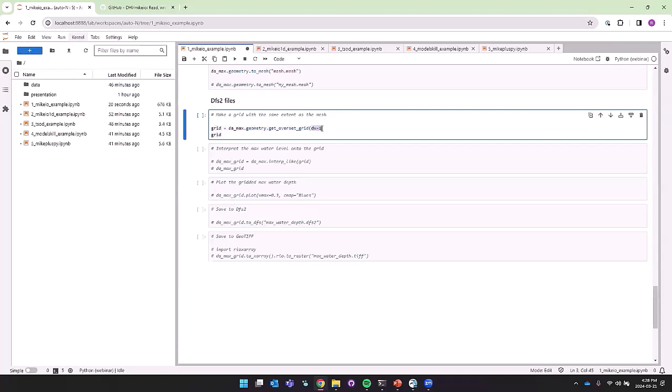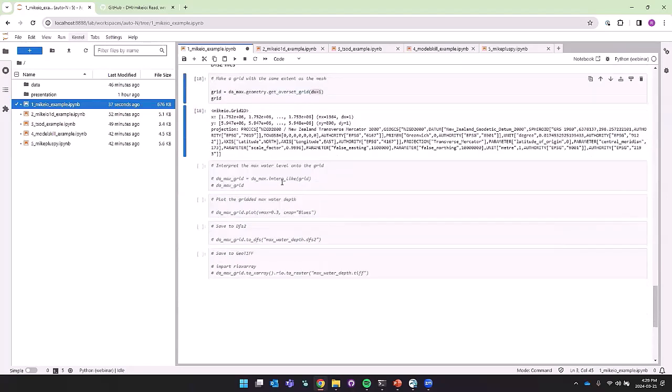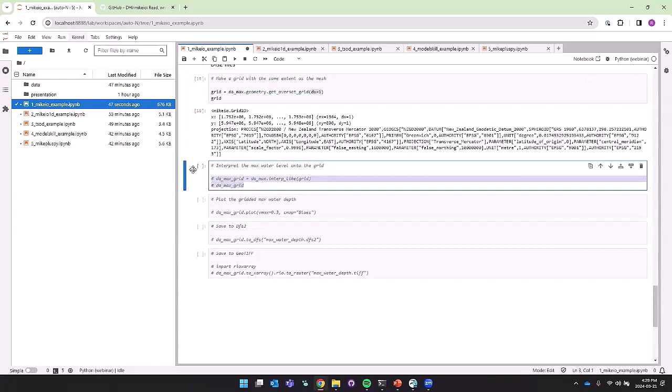And this specifies the width of the cells that we want. So dx equals 1 means give me 1 by 1 meter cells across the whole mesh extent. So then we get this 2D grid, but it's empty. It doesn't have any values. We have to interpolate the max water level onto that grid.